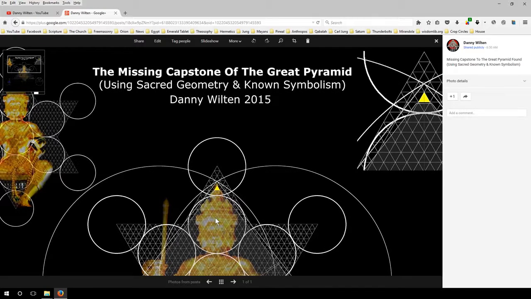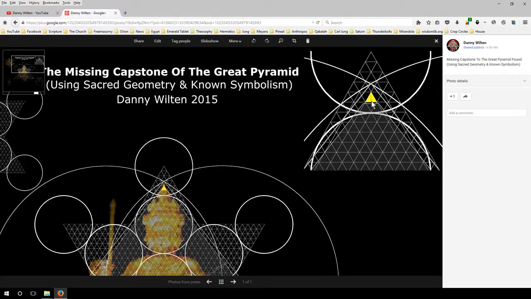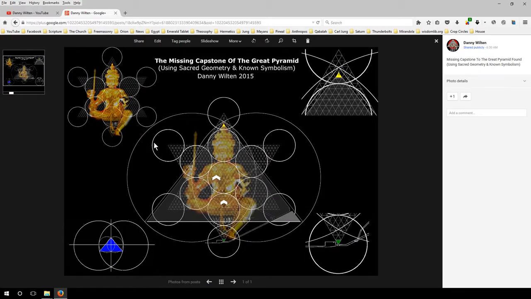And then I noticed that when I placed the pyramid on there, that triangle sits right where the capstone would be. So this is the capstone of the Great Pyramid, hidden in symbolism. And what you find is that when you take a look, and I'll be providing some more videos later on. I didn't want to go into too much detail right now because it's a lot of information, but